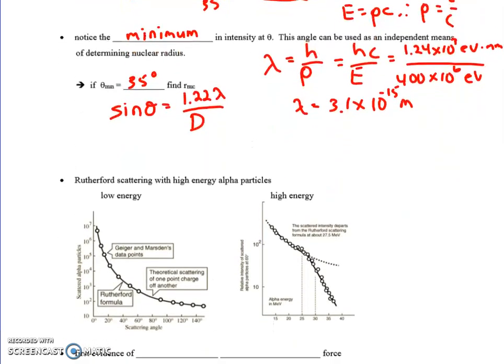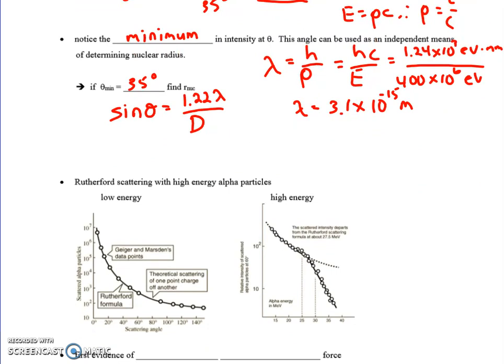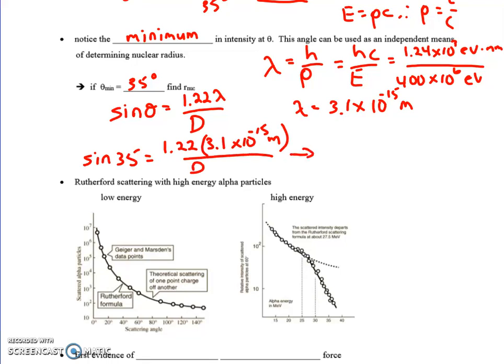All right, now we can apply our diffraction equation. So we can say sine of 35 equals 1.22 times 3.1 times 10 to the negative 15th meters divided by d. Solve for d, okay, and we get 5.4 times 10 to the negative 15th. So therefore our r, which is half of that, would be around 3 times 10 to the negative 15th meters